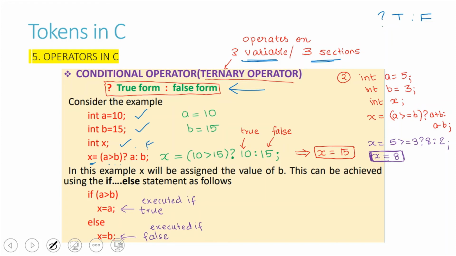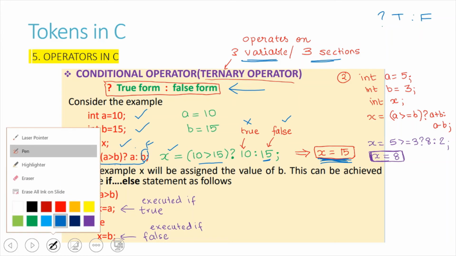So actually here it is a false condition. So B will be evaluated and that value will be stored to x. Here you can see that 10 greater than 15 is not true, so the true part will not be implemented, and instead the false part will be implemented, and that value 15 will be copied to x.